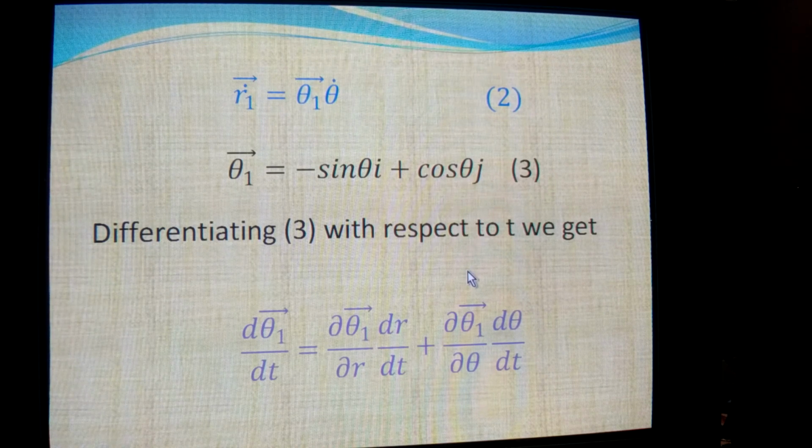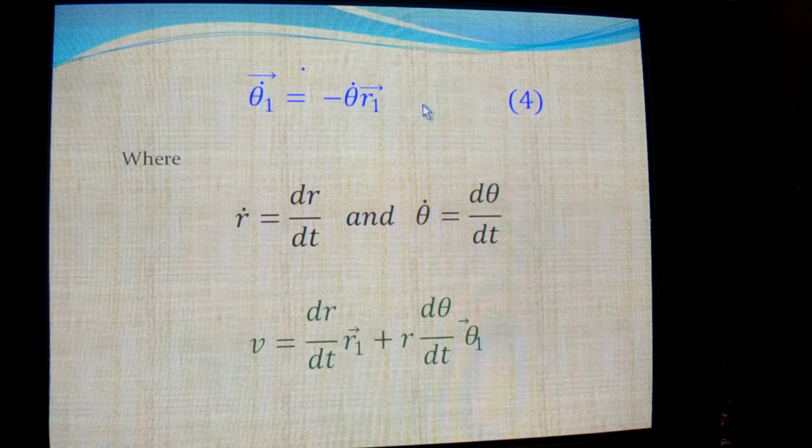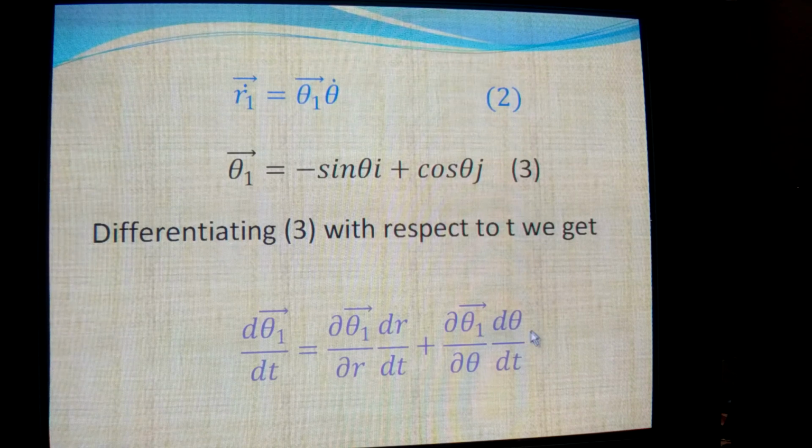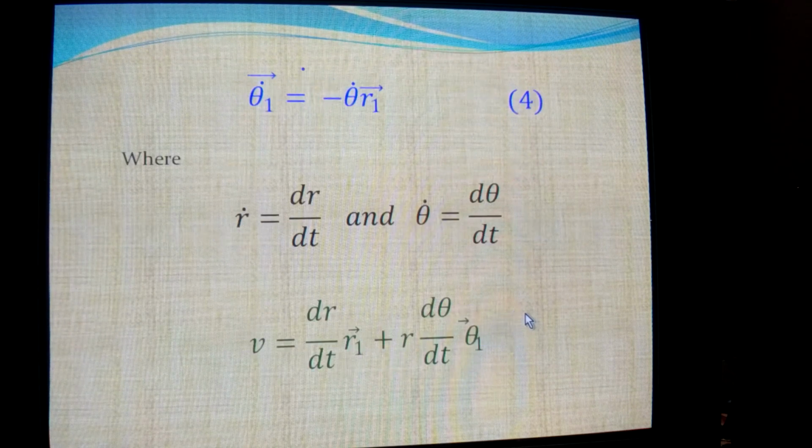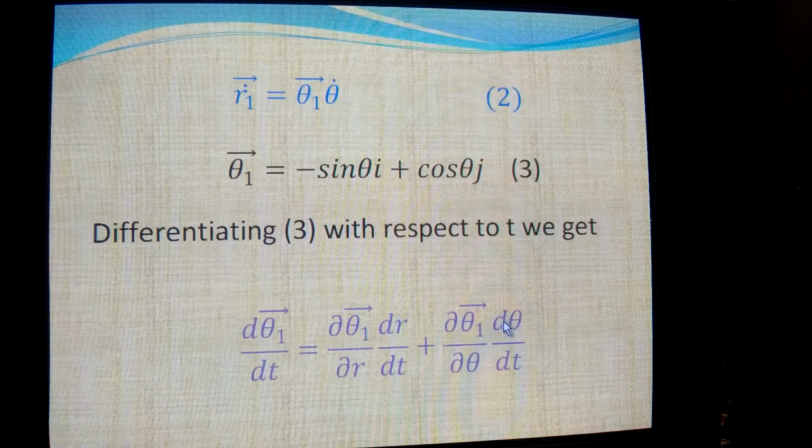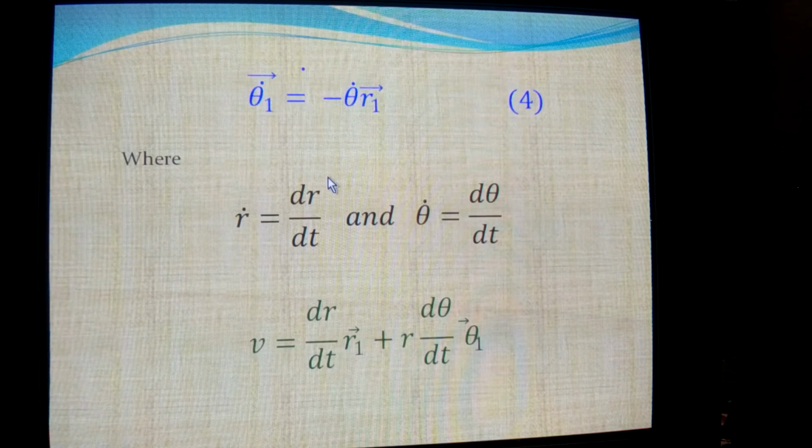That is minus, taking minus common, sin theta i plus cos theta j, which we already proved in the last class is nothing but r1 bar, into d theta by dt, which is theta dot. The first term becomes 0, and we are left with only this term, so theta 1 bar dot is equal to minus theta dot into r1 bar. So theta 1 bar dot means what? It is again